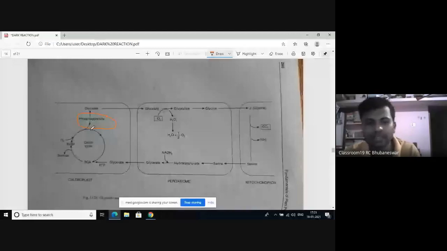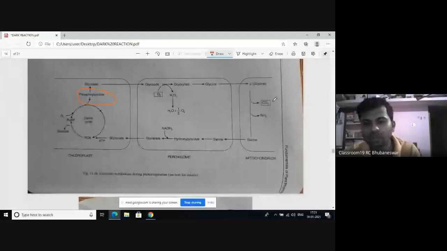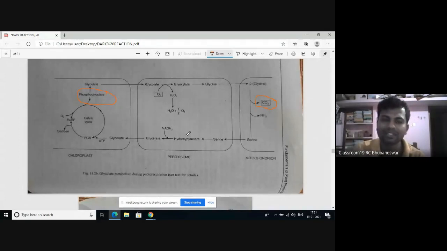Photorespiration is mediated by 3 cell organelles: chloroplast, peroxisome, and mitochondrion. Due to photorespiration, extra carbon dioxide is released. This extra carbon dioxide, along with the normal carbon dioxide released by respiration, increases the rate of carbon dioxide released during the daytime. Photorespiration implies that the rate of carbon dioxide released in presence of light is more than the normal carbon dioxide released at night. So the increased rate of carbon dioxide release during the daytime is called photorespiration.